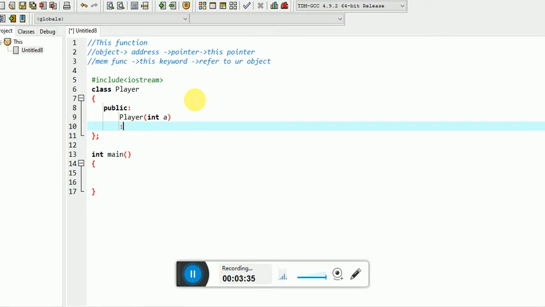My player will have an attribute, let it be health, and I'll be passing this value and assigning it. You will come to know further. If you have any queries, just see further.